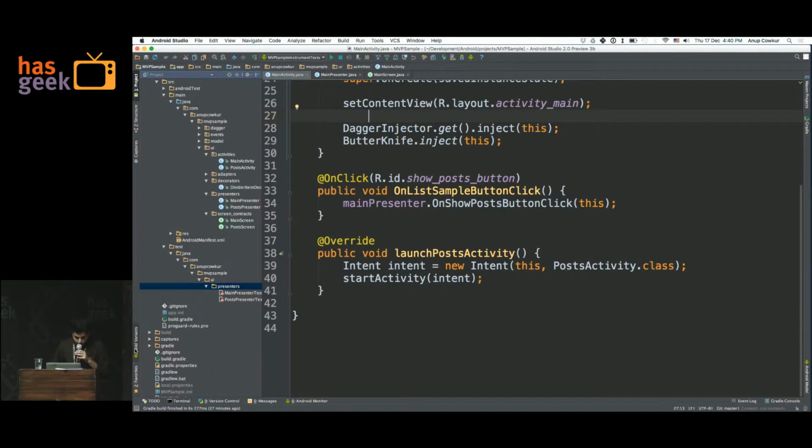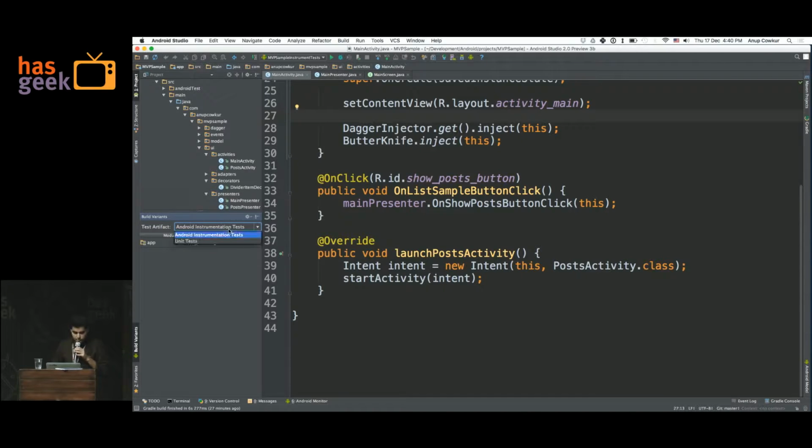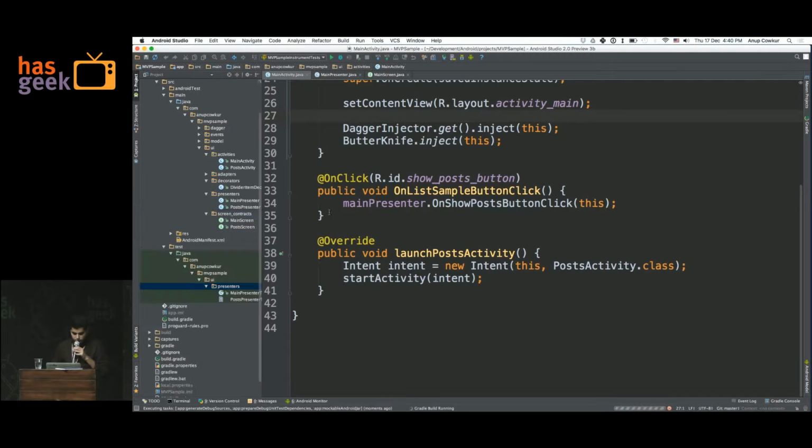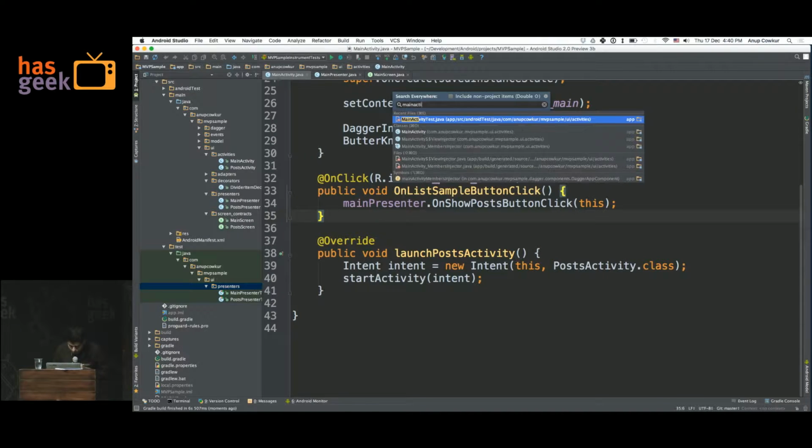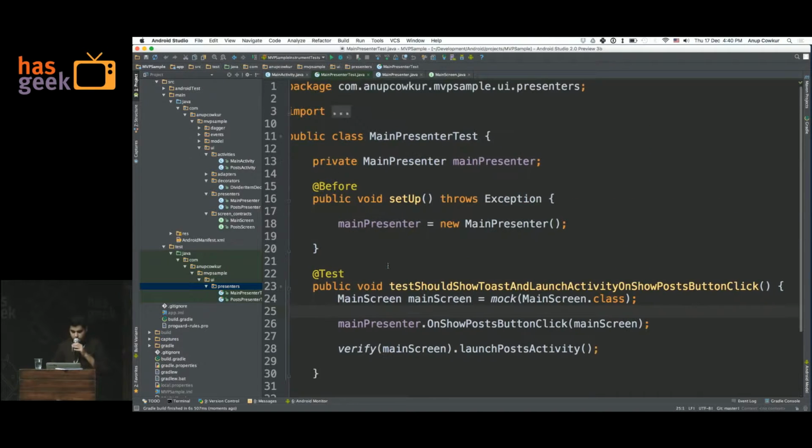There's this annoying build variant thing that you have to do every time in Android Studio when you want to switch between unit and other tests. Okay. So this is the test for the presenter, right? This presenter only does one thing.